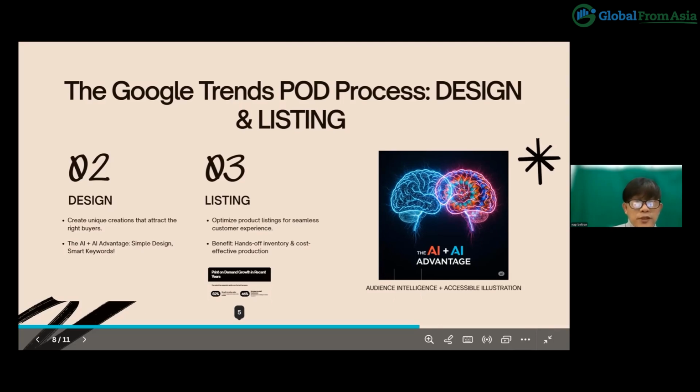So the first two steps only involve free tools, which are Google Trends and the free AI tools that you can use just to try designing or creating designs, even if it's not for a shirt, even if it's just for a graphic, let's say, for an invitation or for anything. I mean, most of you are probably already using ChatGPT, and you just have to extend what you're doing right now with these AI tools into something concrete like a print on demand business.